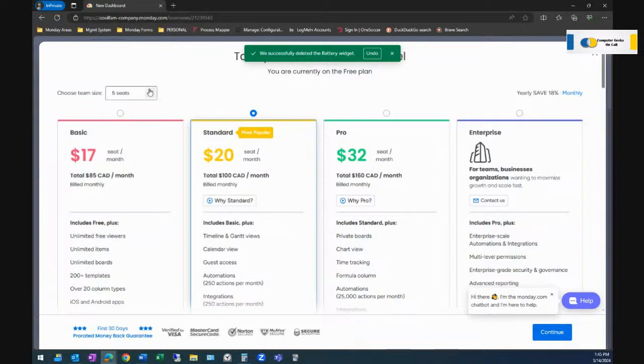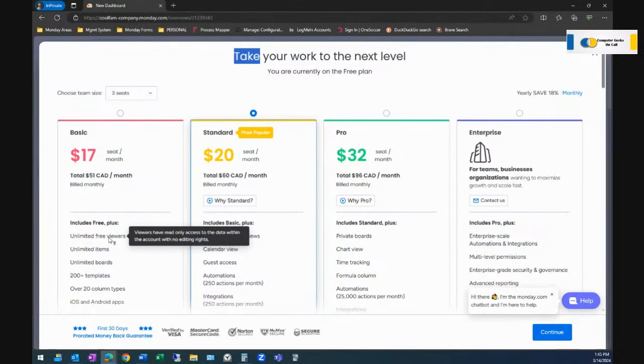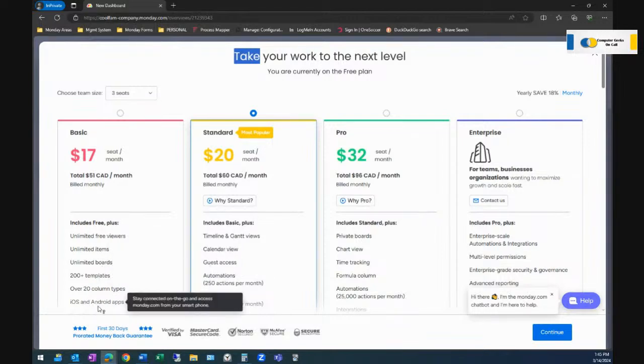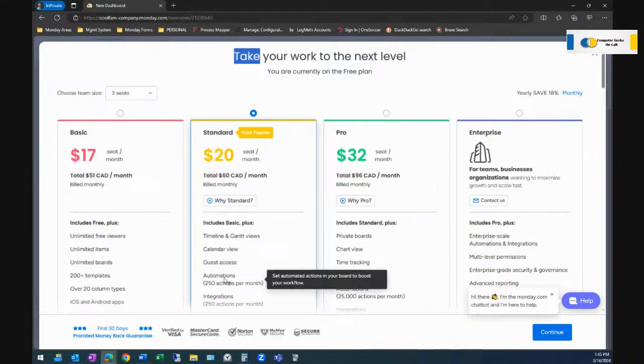Maybe you want to just start out monthly like I did, and the minimum we can do is 3 seats. So monthly minimum 3 seats, we're talking about $51 to get access to these kinds of things. Unlimited free viewers, that means you could have 10 people outside your organization looking. Unlimited boards, more templates, more column types. But the one that you would probably prefer would be getting this one, standard, because now you can use automations